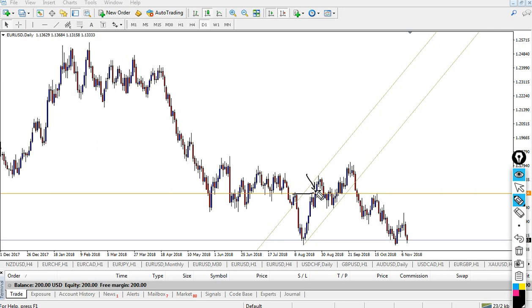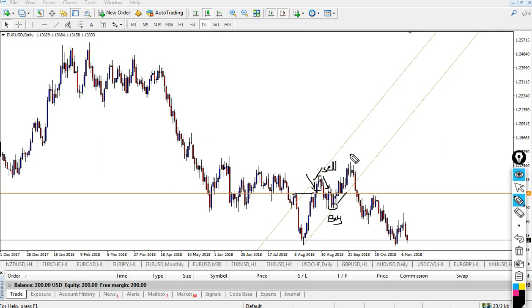I think entering here between the walls of the channel is a bit risky, because if you enter here and the market goes up, basically it's now a selling point. However it's going up, it's giving a sell trade right now. You are going down, you can't say it's a correction. It's not a correction, it's basically a selling point. After the selling point, you see the market going down, down, down, and then it hits here. Now this is your buy trade again.